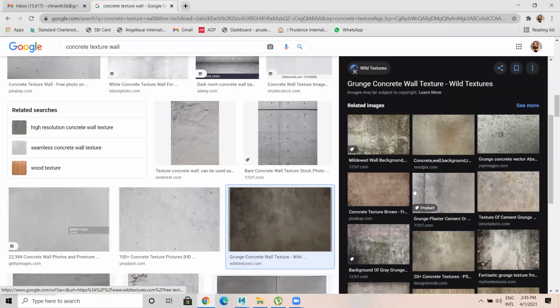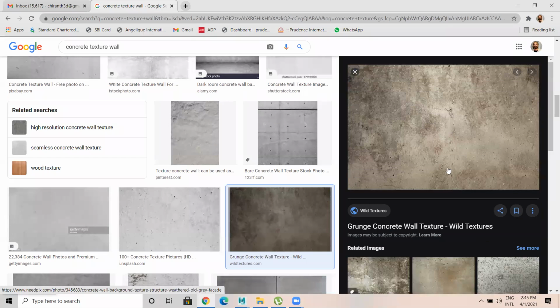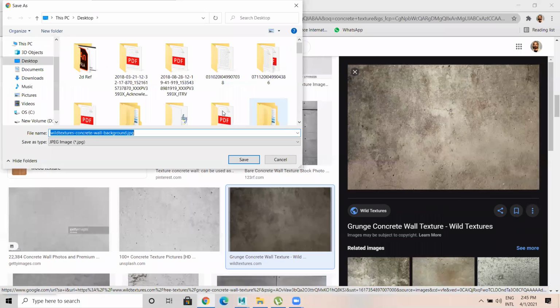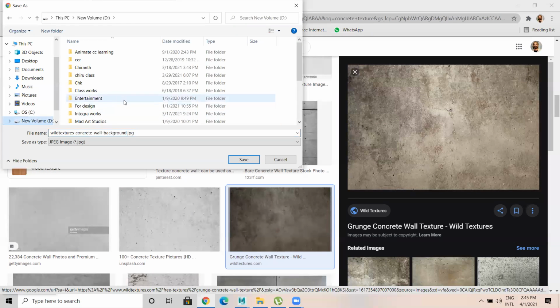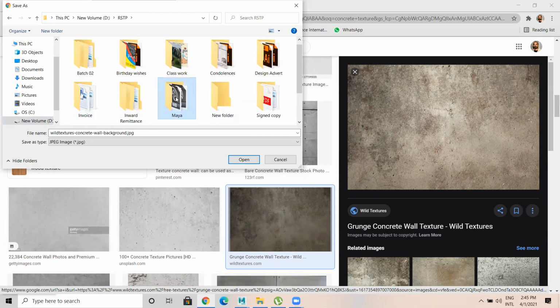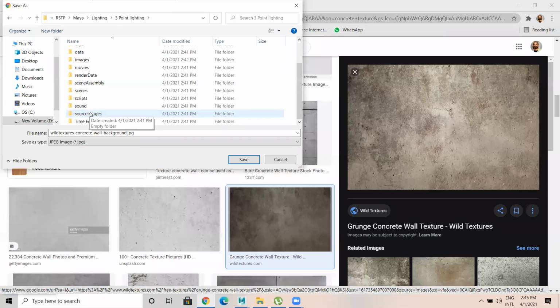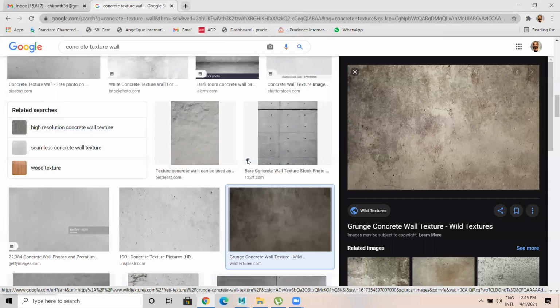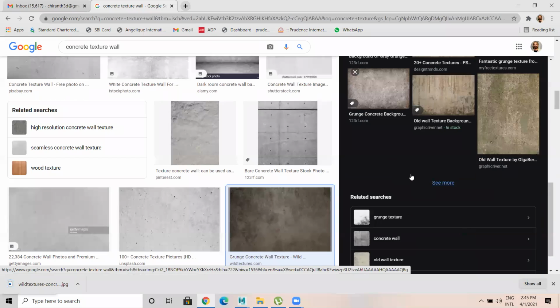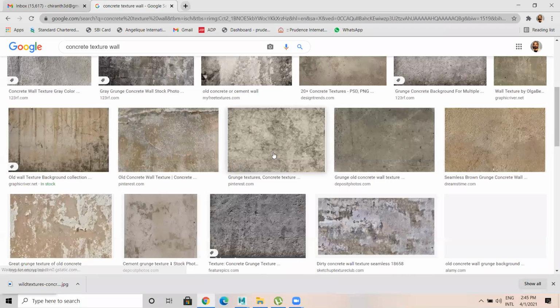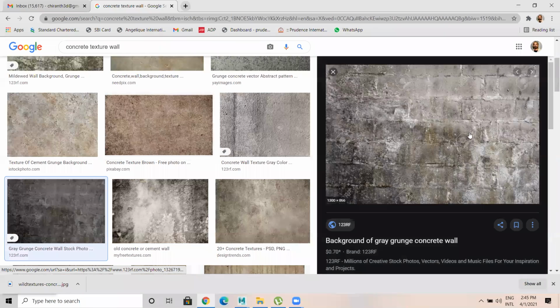It's better to have a grunge texture. It looks good. So I'm going to save this image into the source images folder of this project. One grunge I take. I can even take this.